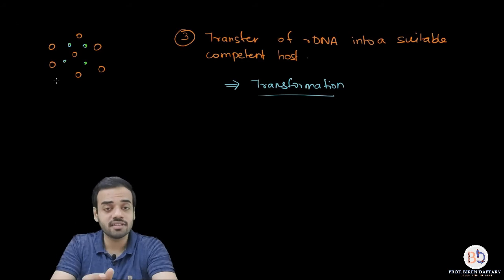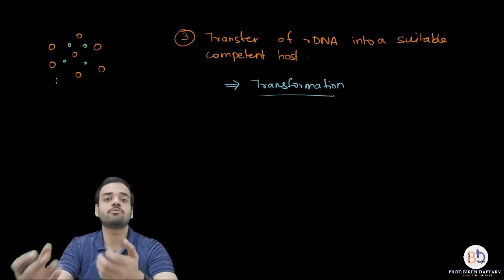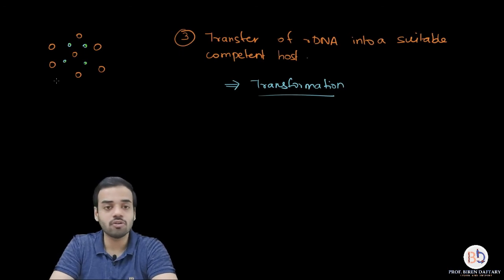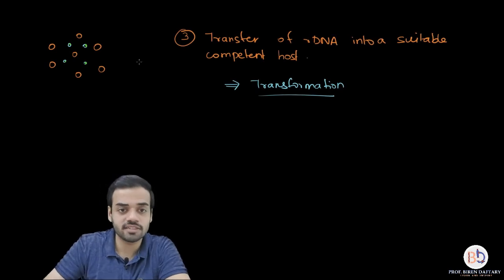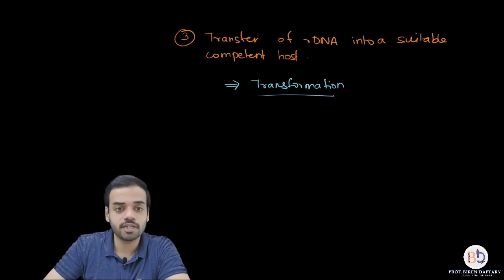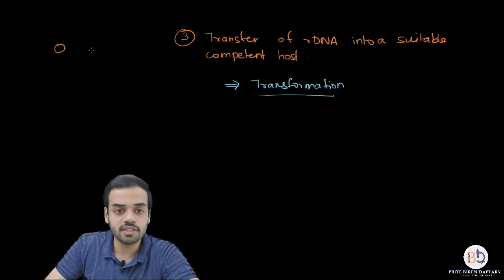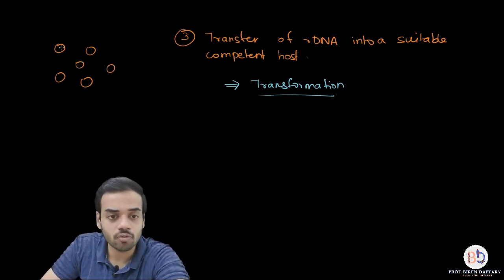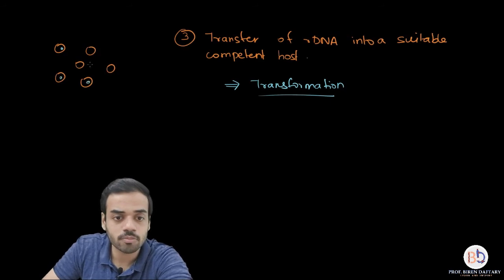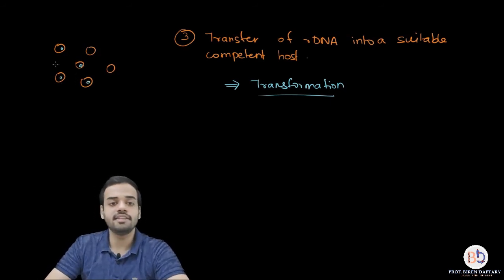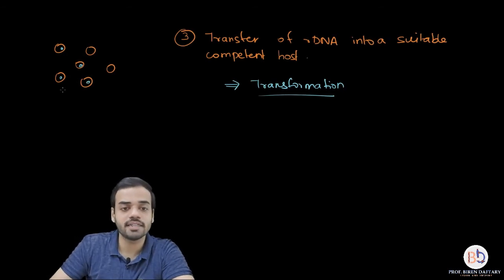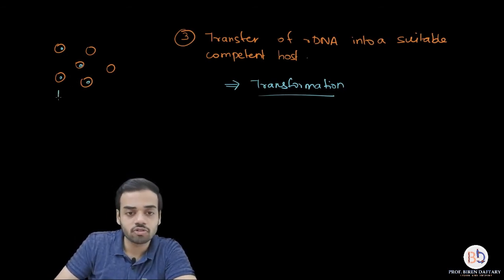See, when we are studying this in theory, we say that the competent host absorbs the foreign DNA, but no, all E. coli will not absorb recombinant DNA. So after some time, if you keep this mixture and look, only some of the E. coli will have absorbed the recombinant DNA, and these ones which have absorbed the recombinant DNA are called transformed bacteria. So I'm just going to write it down over here. These are the transformed colonies of E. coli.